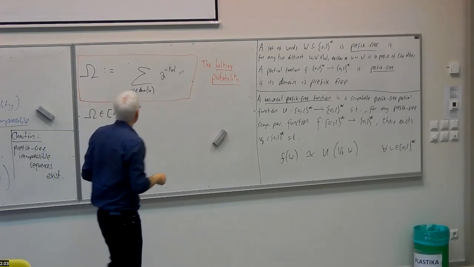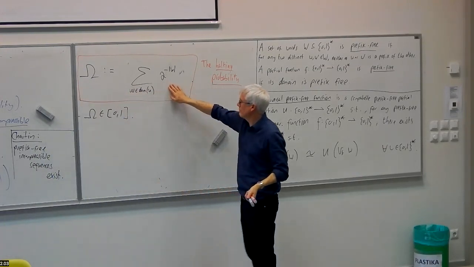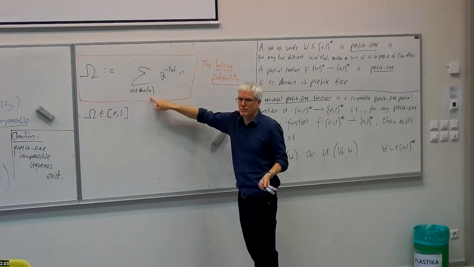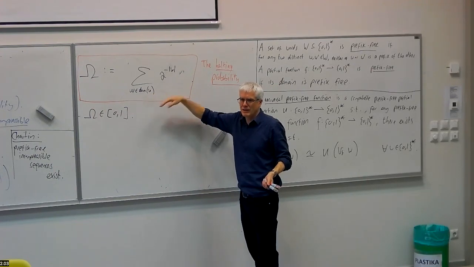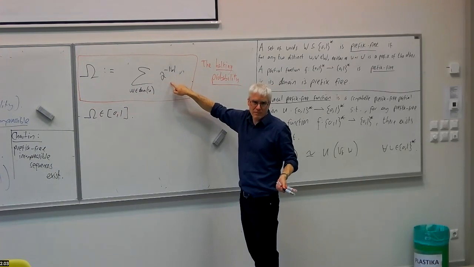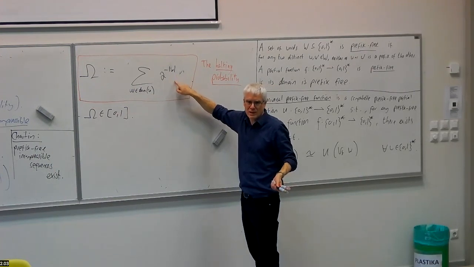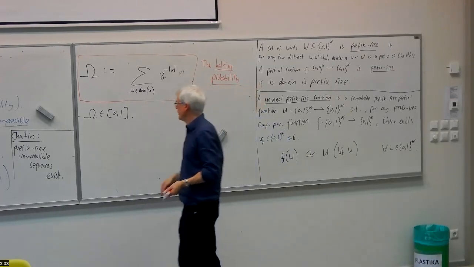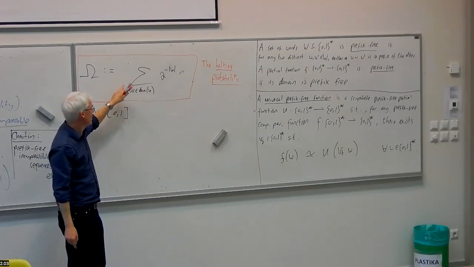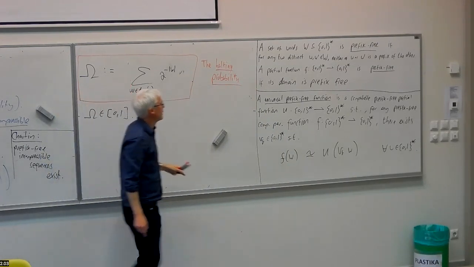So I should say, well, why is this a number between 0 and 1? Well, that's because the domain is prefix-free. So if you have a prefix-free set of words and you make the sum over any prefix-free set, you always get a number between 0 and 1. That's called the Kraft inequality, Kraft with a K, but it's actually an obvious property because